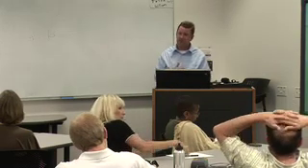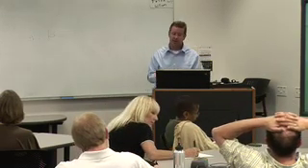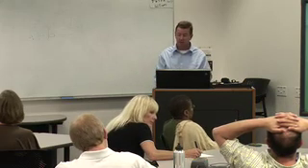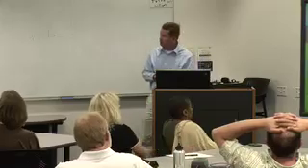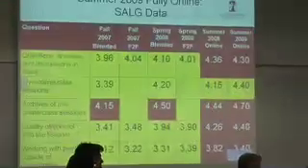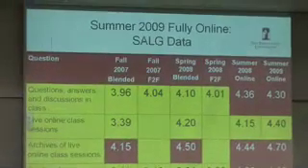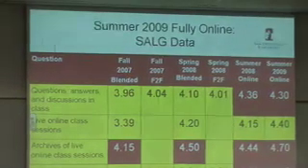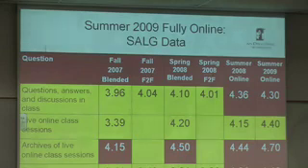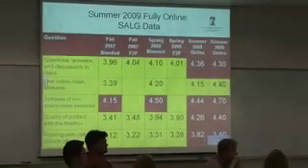And I've been using this thing probably about 4 years now. I'm not going to throw up all those data on the screen here, but I just want to show you briefly a little summary here, which is not little anymore. The last couple of iterations with the SALG in the courses that I teach. The first couple of columns are the fall and spring blended or face-to-face versions of the course. And then the last two are the most recent summer embodiments of the course: last summer, and it's a 4-3 again this summer.